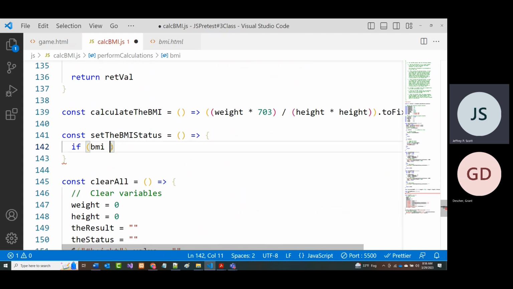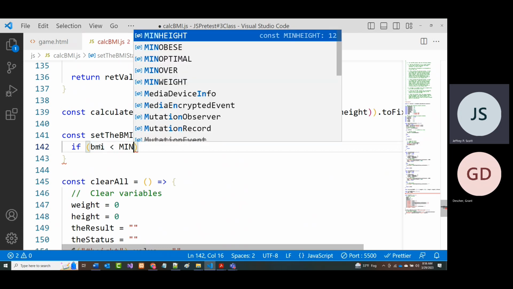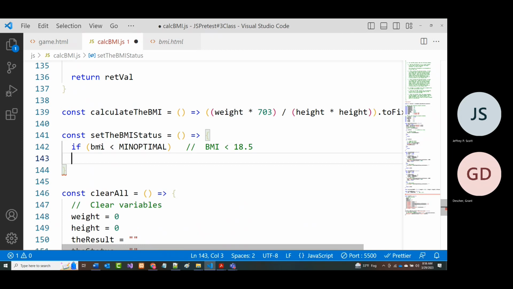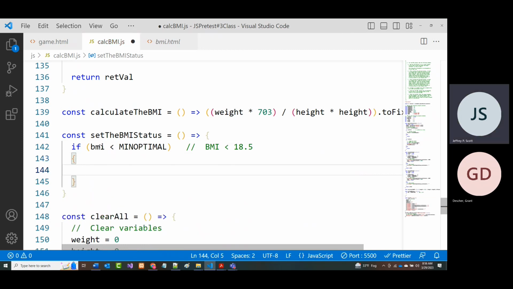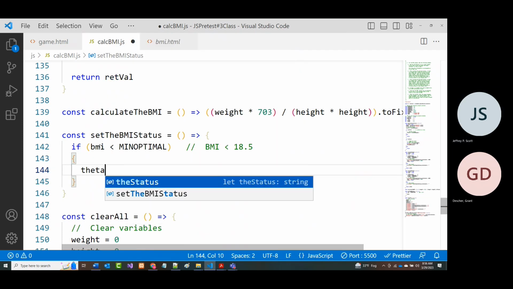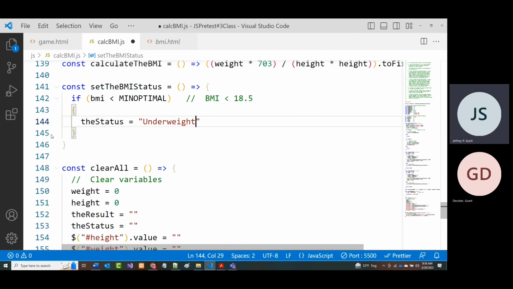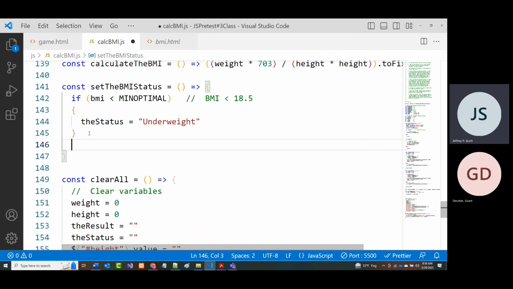That's fine. All right, so if the BMI is less than that min optimal, and remember, I'm just going to put a comma in here. That means the BMI is less than 18.5. Well, you already know what that means. All right. Then we want to say the status is equal to underweight. All right. So that's grabbing and setting the stuff for the person who's underweight. Otherwise,